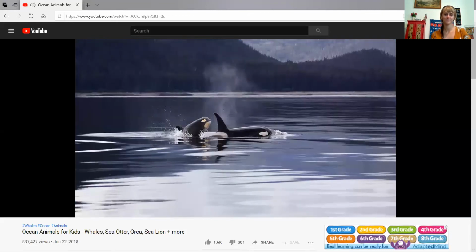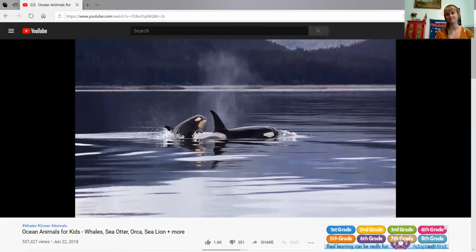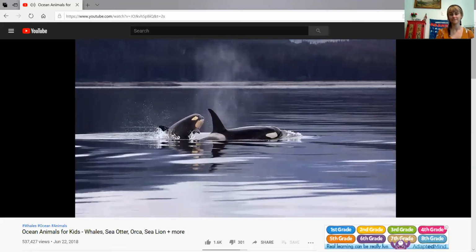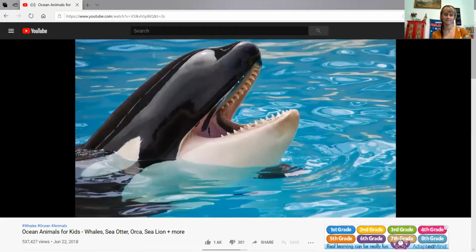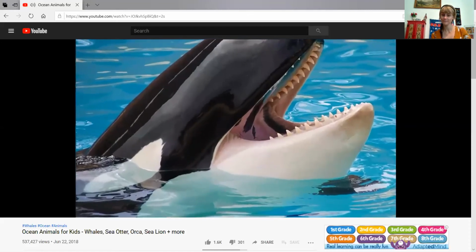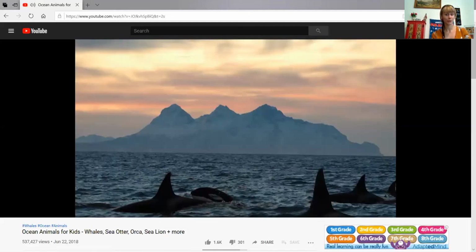You can recognize orcas by their distinctive black and white coloring. It might help them stay camouflaged in the water. It's hard to see just where they begin and end. There's also a tricky part of their coloring. That giant white spot is not their eye. That's their eye. Orcas work together in family pods of up to 40 animals to chase down their prey.